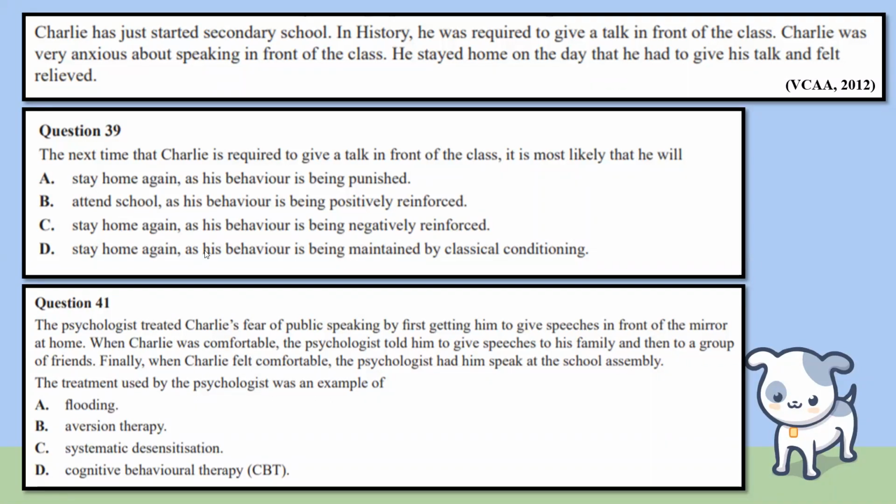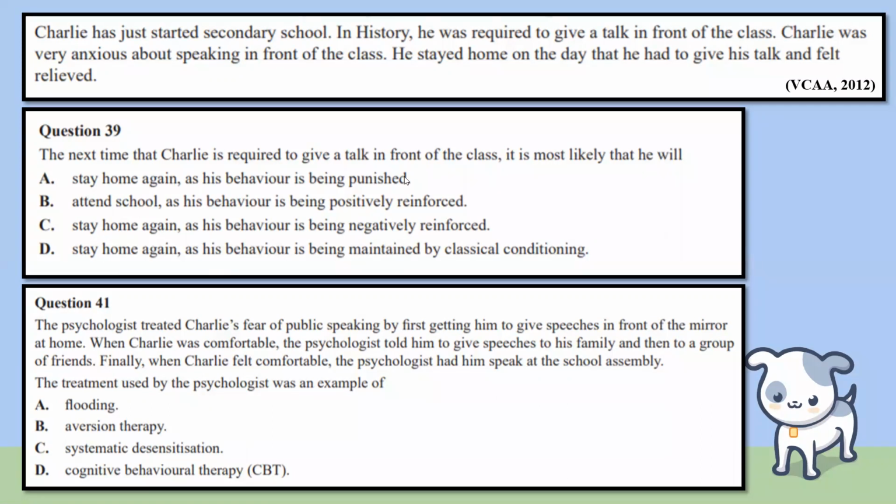Yeah, this was just a case study about Charlie. So question 39 says, the next time that Charlie is required to give a talk in front of the class, it is most likely that he will. So what is his future behavior? So obviously he did engage in avoidance behavior by staying home on the first day he had to give the talk. So what is the likelihood of the future behavior occurring now? What kind of future behavior might we see? So the best answer here will be C,